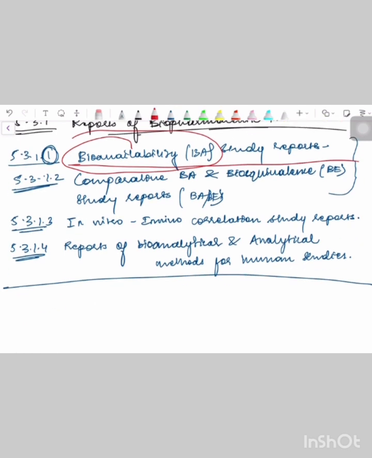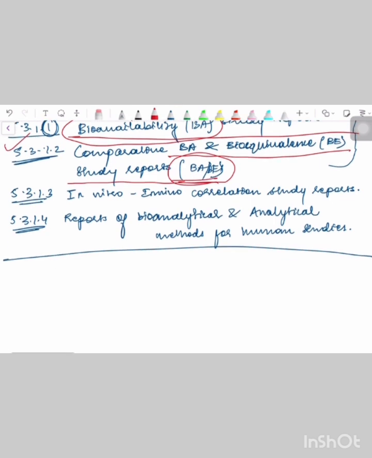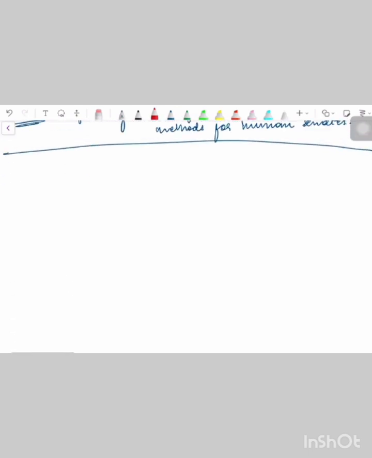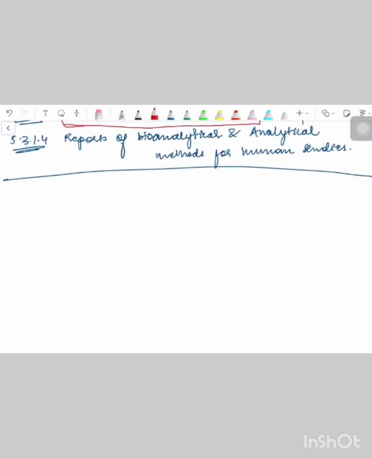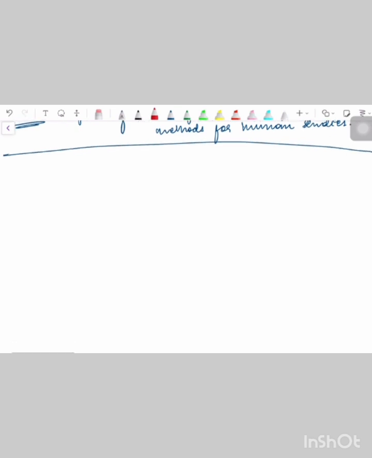अगर कोई कंपेरेटिव स्टडी है दैट इज अबाउट BA एंड बायो इक्विवेलेंस एंड BA comparative study reports, then it needs to be mentioned in 5.3.1.2. If there is a study report related to in vitro in vivo correlation, again it's related to bioavailability, then it needs to be mentioned in the subsection like 5.3.1.3. And if there is a report of bioanalytical or analytical methods for human use, then in this particular section 5.3.1.4. फिर next आता है